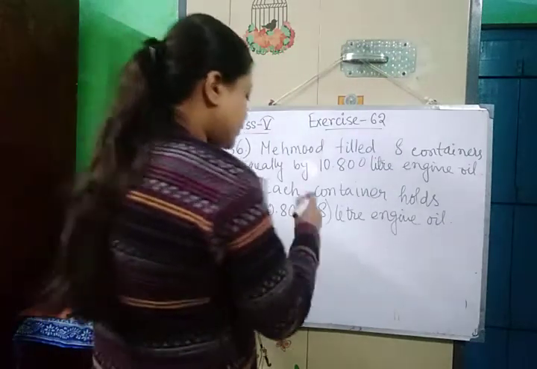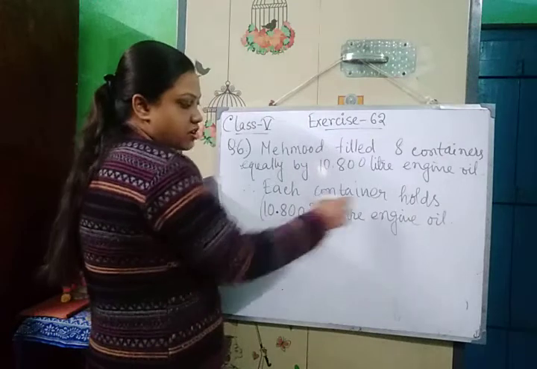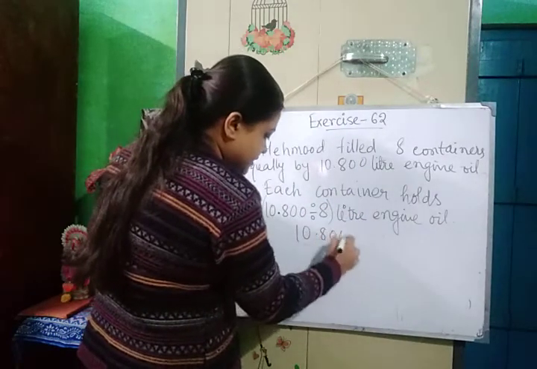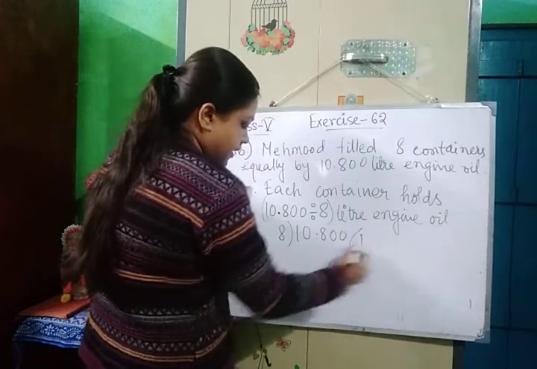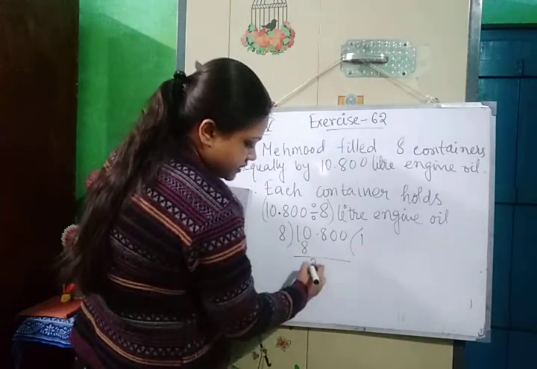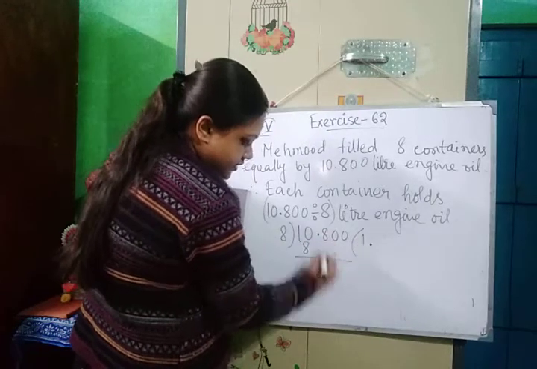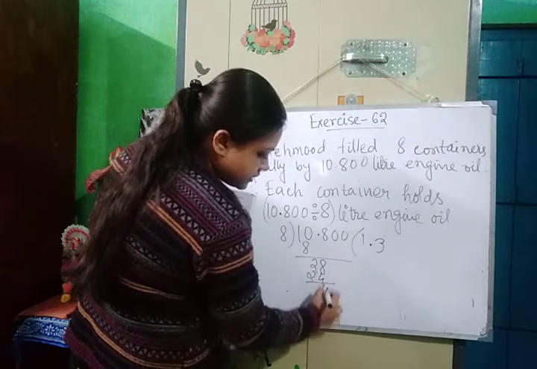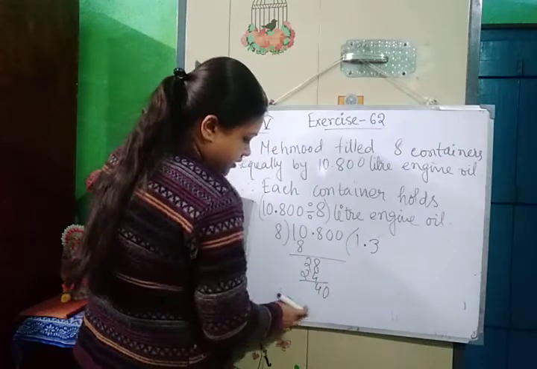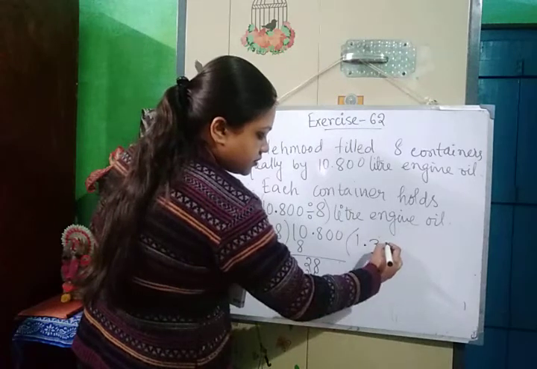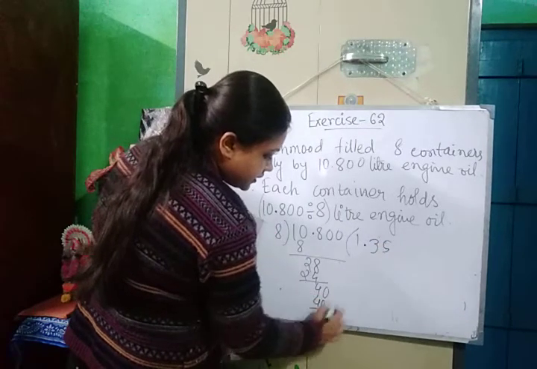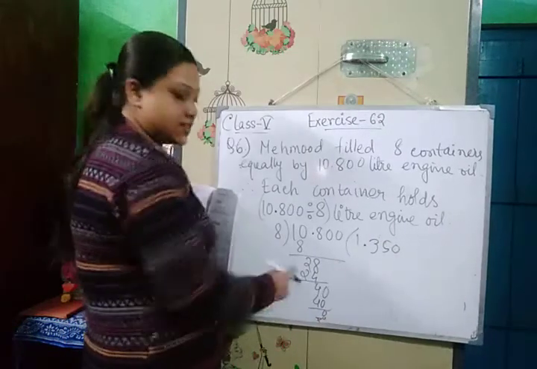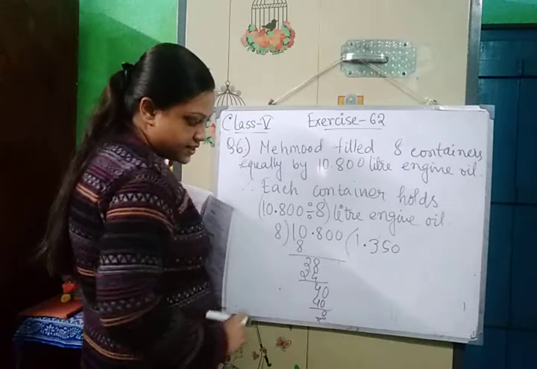So now we will do the division. Since this capacity is already in liter, we will not convert it to anything. Just divide it by 8. 8 ones are 8, 2 is remainder. So we will put the point here and take down 2. 8 3s are 24, 4 is remainder. We will take down 0. 8 5s are 40. Then 1 0 is there. 8 zeros are 0. I hope you can see this last time. This is 0 and no remainder is there.